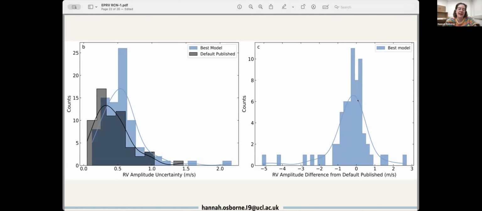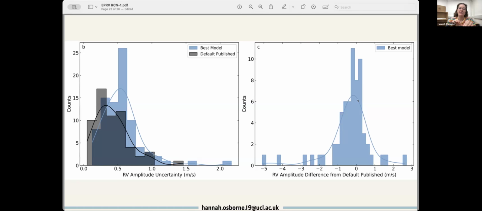Yeah, so we did. We actually modeled it as two separate instruments, pre and post fiber upgrade, which is the typical approach that people use. And we included a jitter term for both. So yes, it was accounted for. I don't know if it's necessarily the best way of doing it. I think there's a lot we don't fully understand about instruments and systematics over very long baselines. I think what would be interesting, and actually what I'm planning to do moving into my fellowship,